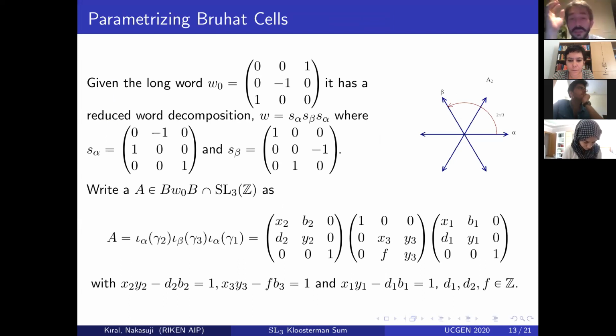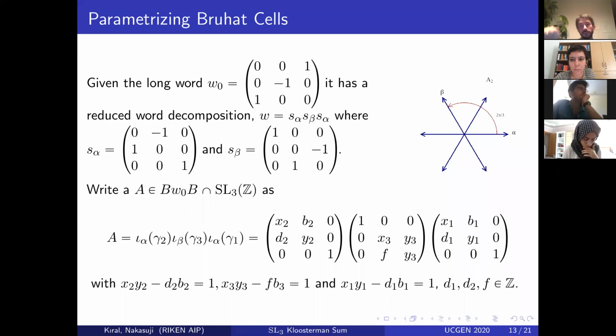left unipotent, W0, a diagonal matrix, and right unipotent. Right. So you factorize each of these into the 2x2 Bruhat decomposition. So these are your tiny Bruhat decompositions, and what you have is a D2, 1 over D2, F, 1 over F, and like a D1, 1 over D1 in the diagonal parts. And when you combine all of them into one big diagonal, they correspond to